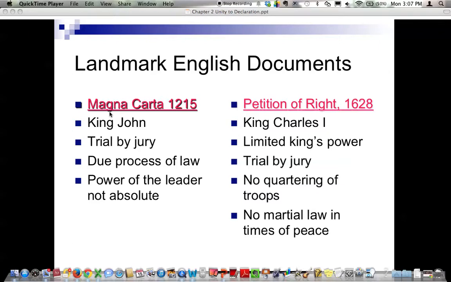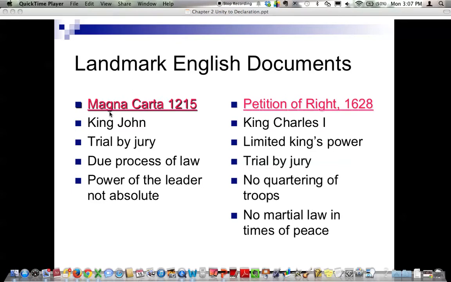Today I'd like to review with you a little about what the English contributed to American government. Last time we were in class, we did discuss the English concept of ordered government and limited government. We looked at the Mayflower Compact, and we also looked at some of the English documents. But I wanted to start with this as a quick review and lead on to the 5 steps on the